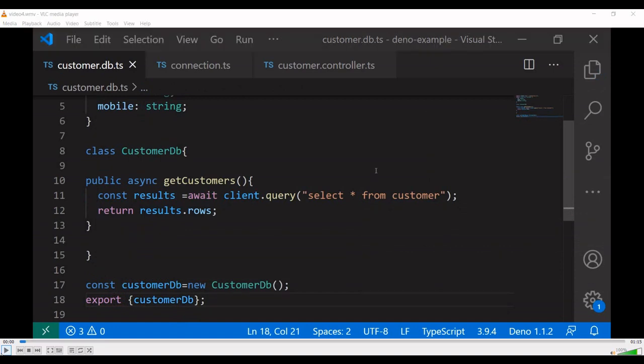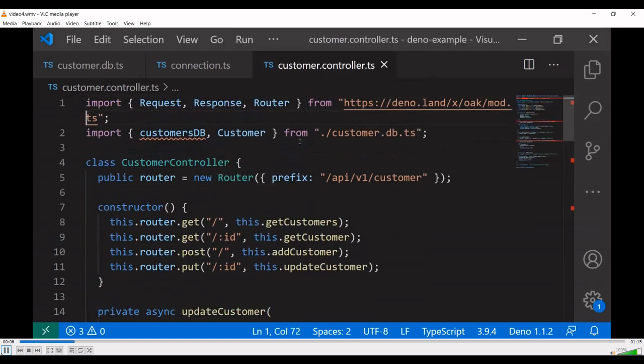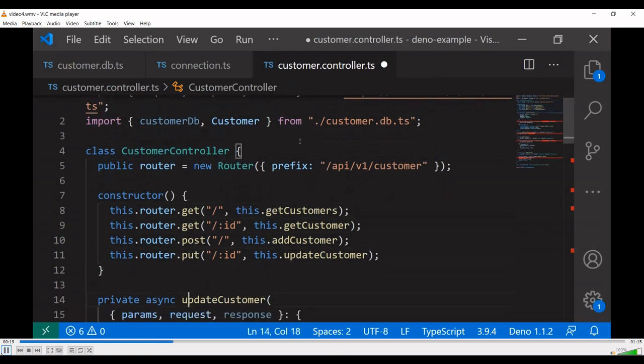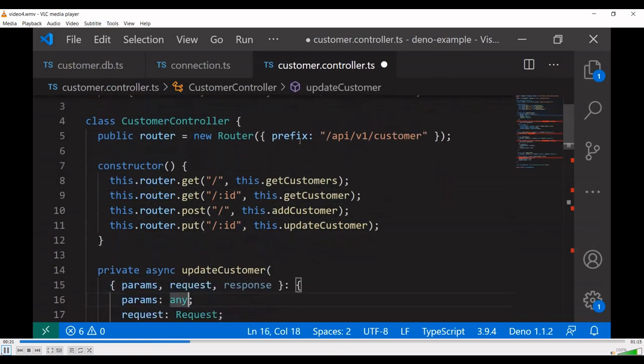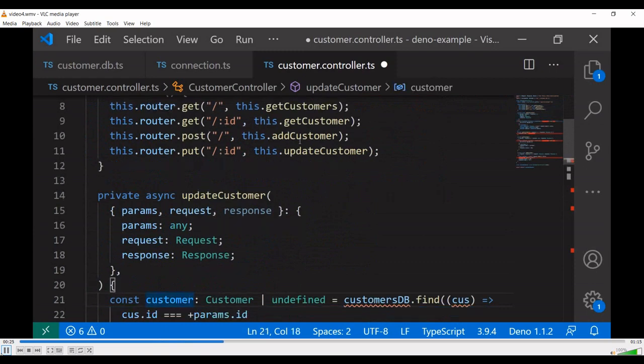The next step is to change our customer controller class. I'm going to open the customer controller. If you want to know more information about the customer controller, you can check out the previous video. I have shared the link in our description. I'm just removing the unnecessary code which is connected to the array of objects.